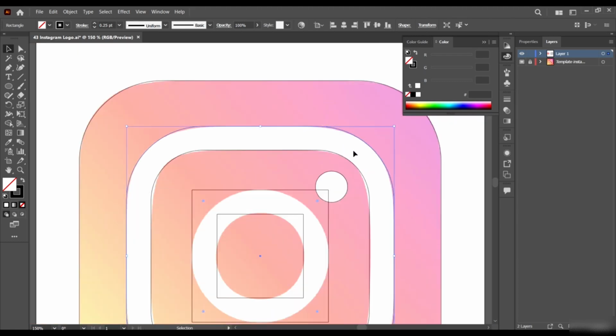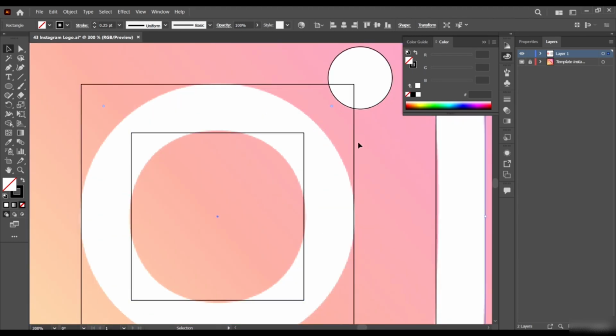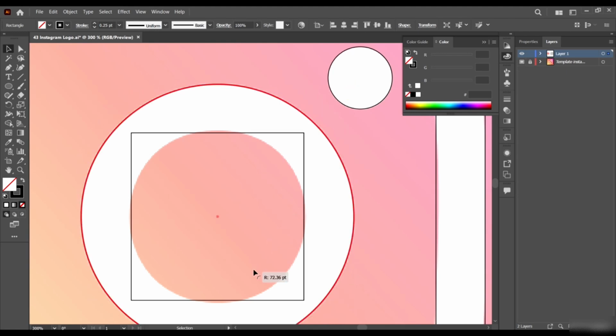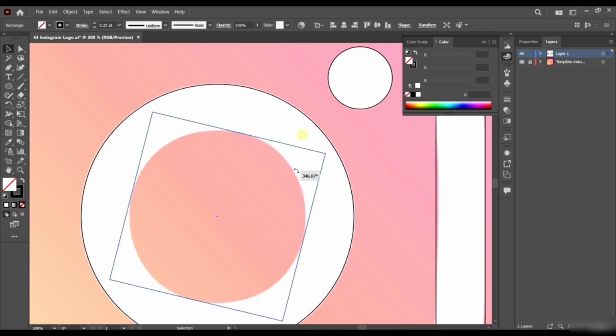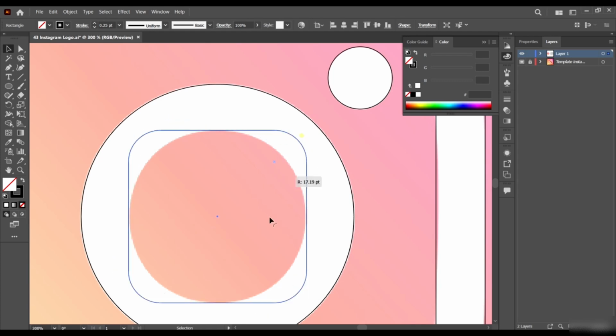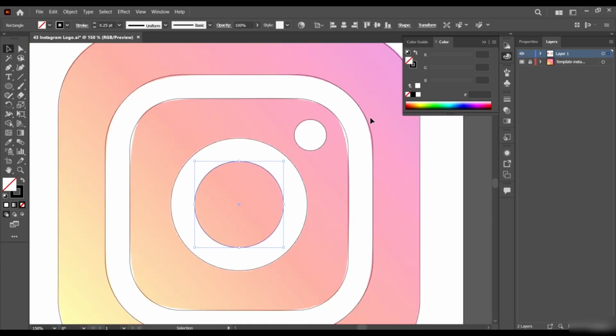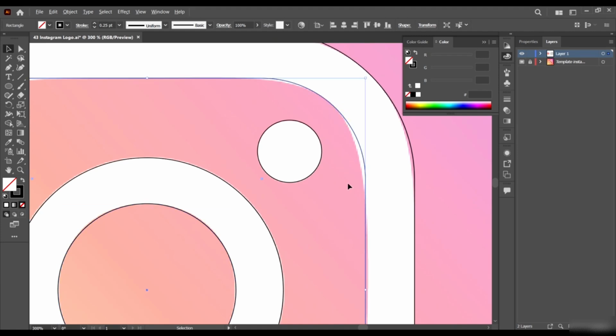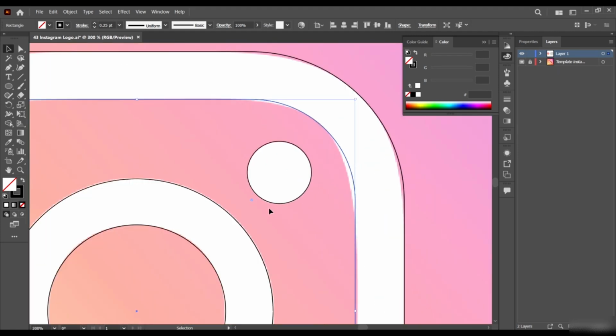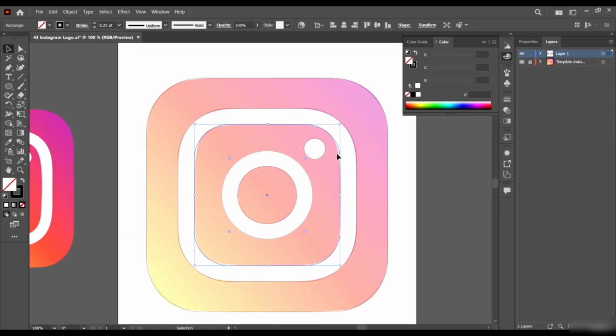And then do the same with this guy here, and finally this guy here. Maybe we can make it a little bit bigger, and then drag it out like this, and drag it down like this.